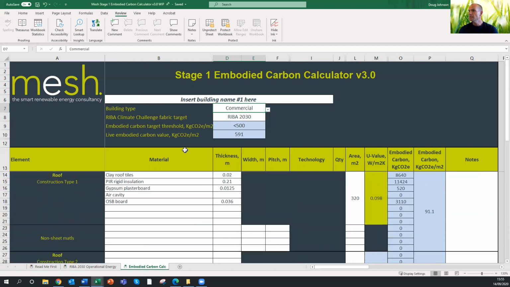We've also frozen these panes. We've frozen the panes at the top and the side, so as you scroll around, you always know what you're filling in. And to save time on this video, we've got some stuff already filled in. And a really cool thing that we've done here, that I think is cool anyway, but it's me that's written it. So what we've got here, I don't know if you saw that, but basically when you choose your RIBA target that you're trying to target,